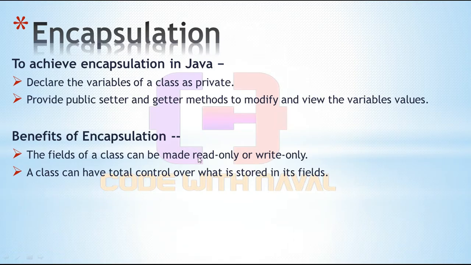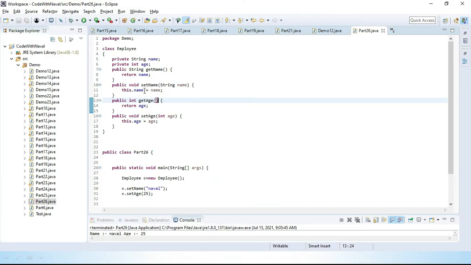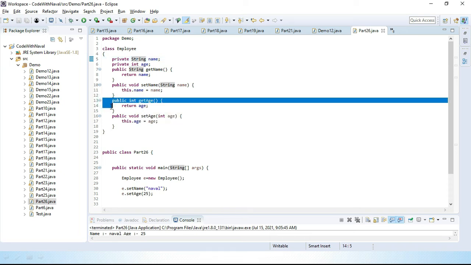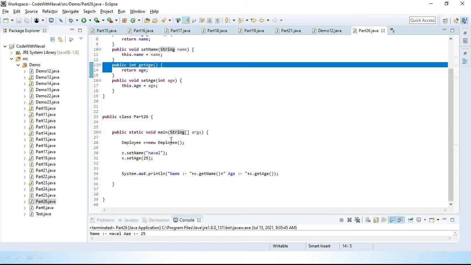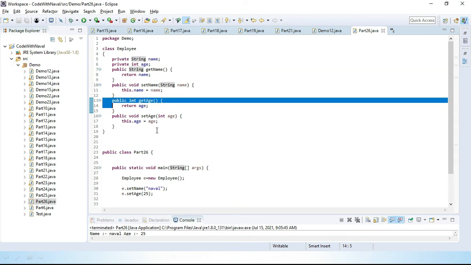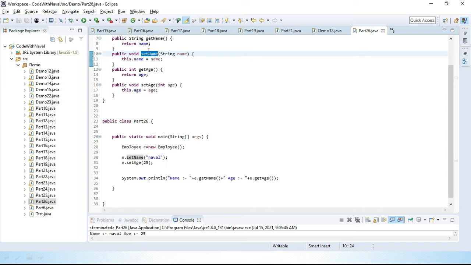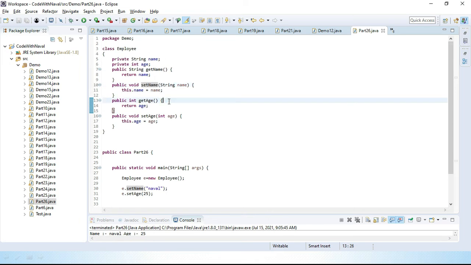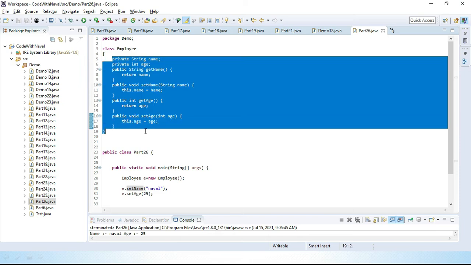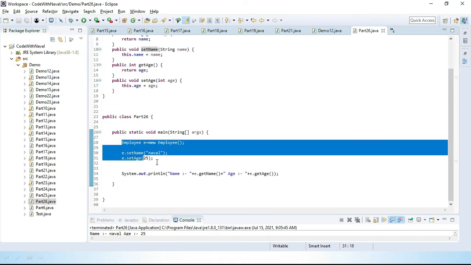Here you can see we have an option: we can provide read only or write only access. If you want to provide read only, that means only read these two variables, then for read we use a get method. You can only put this get method and remove this set method. And if you want to provide write only, that means you are only passing data, you don't get data back, then you only put the set method, which sets that particular variable. So in this way we can achieve getter and setter, set value and get value.